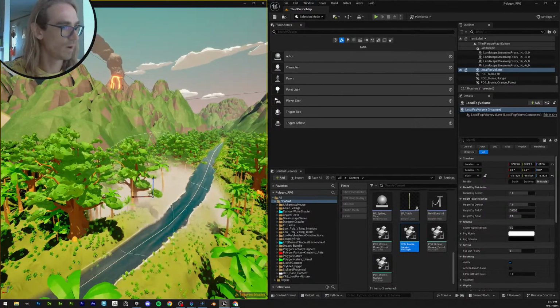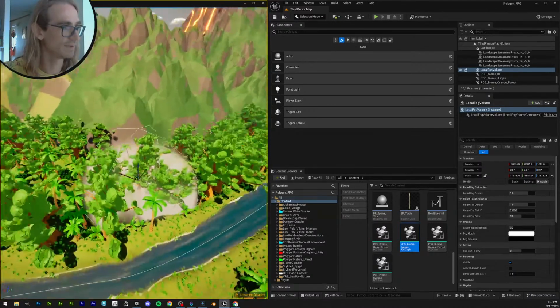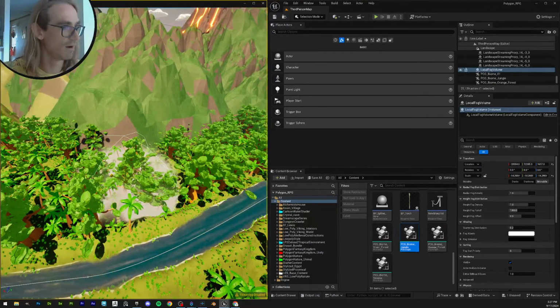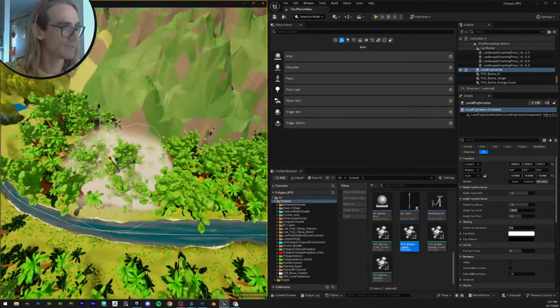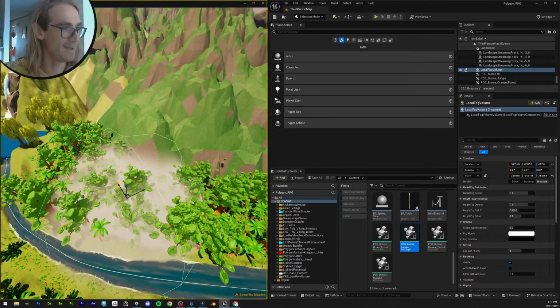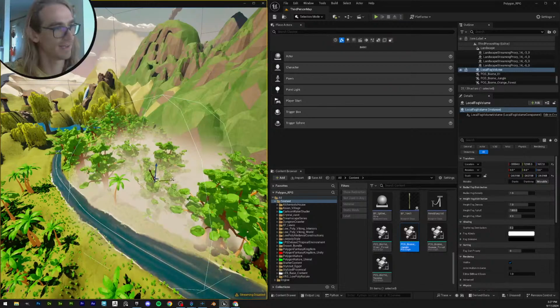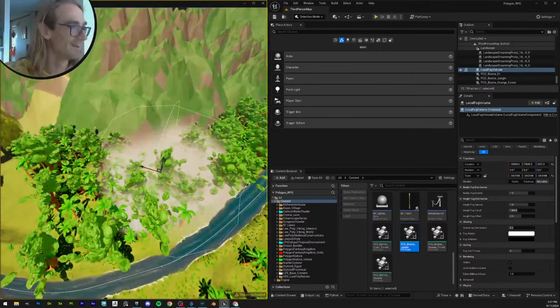Oh, what? This is what I always wanted in Unreal Engine. Oh, I can just push it as big as I want. Oh, that's why it's called local fog. There's probably somebody watching like, yeah dude, that's how it works. Oh my god,